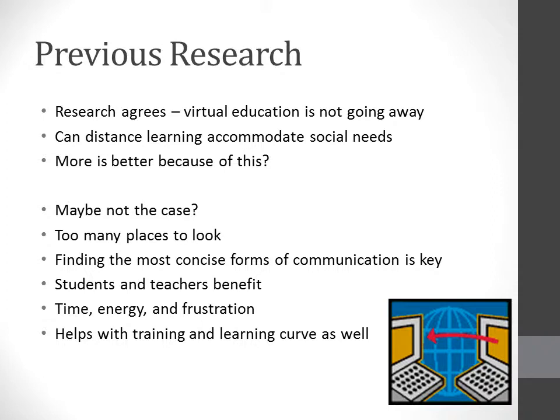Finding the most concise form of communication is key, and I think that would really help with social needs as well, because students would know, hey, if I'm going to look at other kids' threads, or if I want to visit with other students, I need to go into live lesson, and that's where I'm going to interact with other students. When I need to check messages from teachers, I need to look in this place or this place. This helps with the training and the learning curve as well, like I stated earlier, for new teachers and new students. To be able to know what is what and what is the best thing to use for certain